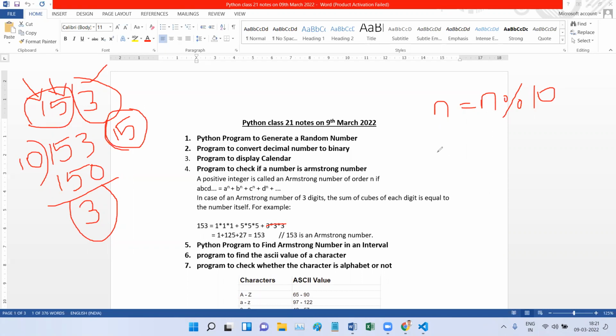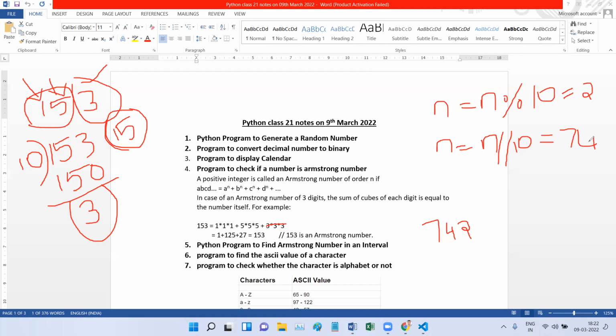Say you have a number, and instead of modulo division, you just floor divide that number, instead of getting the answer in decimal points. What are you going to get? You are going to get the remaining part of the number. Let's say you have 742. What will be the answer when you modulo divide 742 with 10? You will get 2. And when you do floor division of 742 with 10, you will get 74.